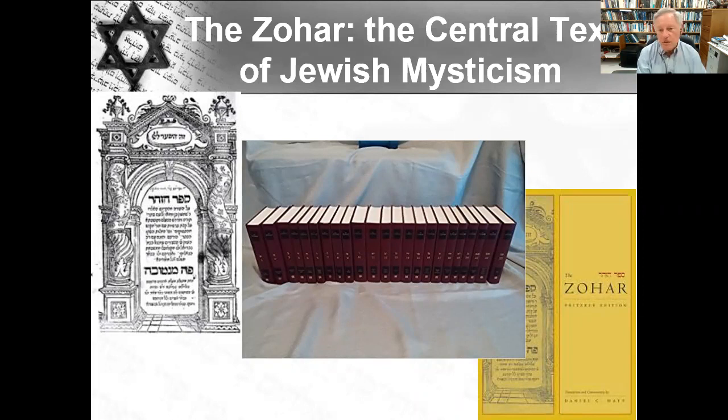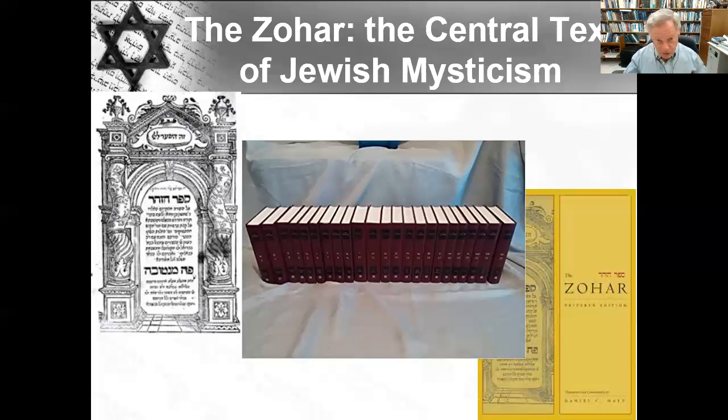Matt said, there is no good translation of the Zohar. And she said, well, why don't you write one? And he said, that would take me and a team of graduate students and scholars probably the rest of my professional life to do. And she was from the Pritzker family with a lot of money, and she said, fine, I will fund you to do that.